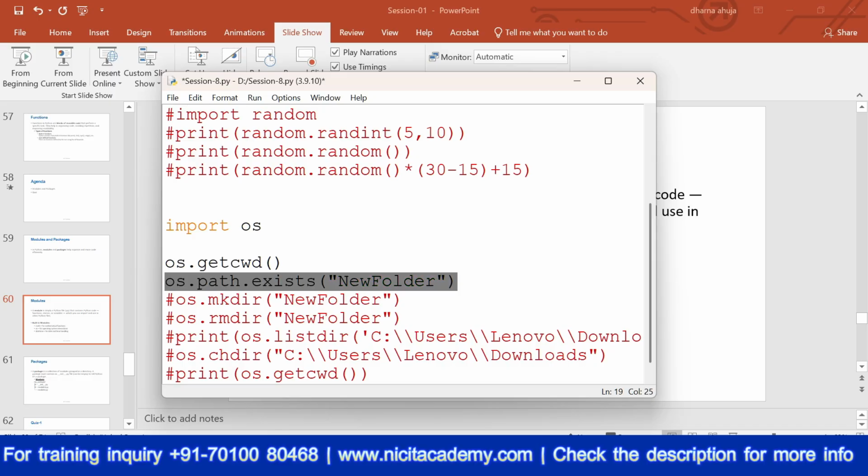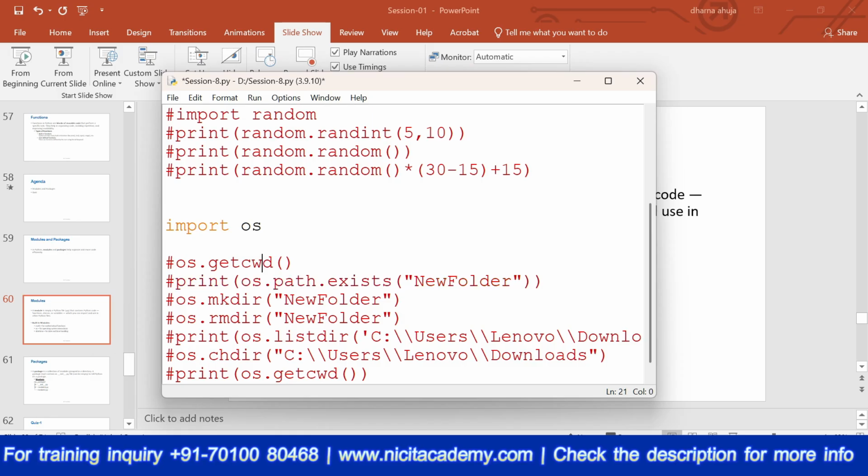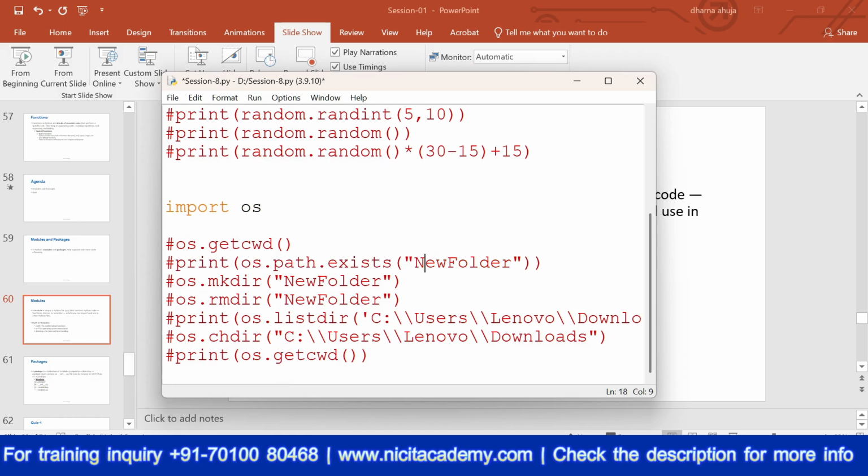It will check whether this folder exists or not. So it will return a boolean value. I will use print here. It is returning false because that directory does not exist. So this is all about the OS module. This is how we work with the OS module.